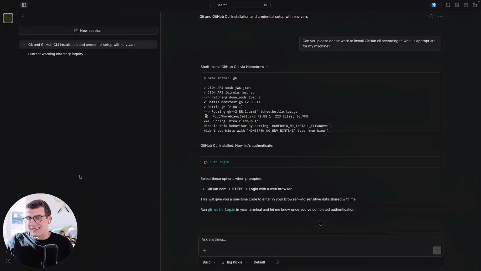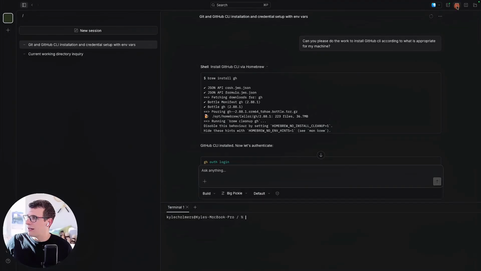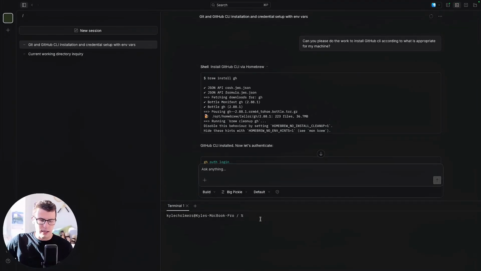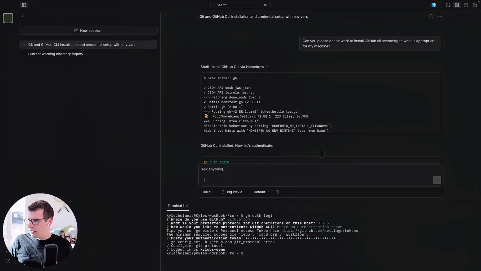All right, it has successfully run and installed what we needed for GitHub. And now to go to the next step, if I go in the top right-hand corner, I can click this toggle terminal button, and I am going to run this command of GitHub auth login, click enter, and we will click enter to log into github.com, HTTPS, and paste an authentication token. And now we are set up, logged in as KC Labs Demo,